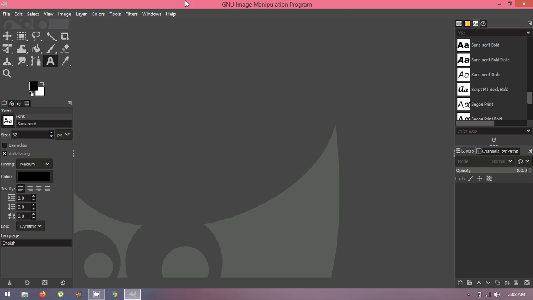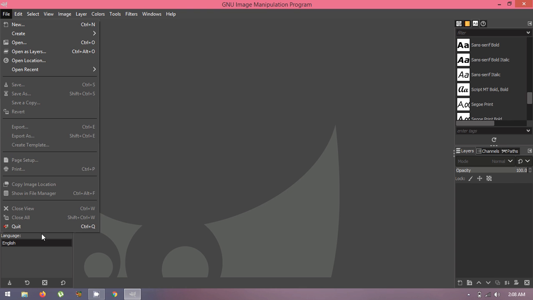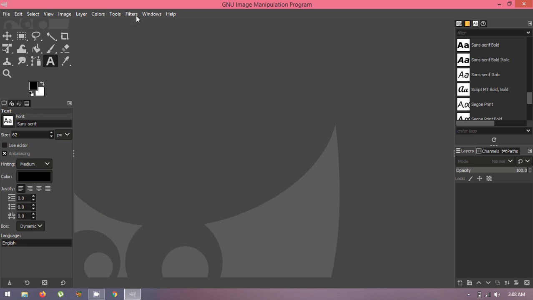First of all, this is your title bar, which contains three buttons for minimize, maximize and close. The next one is your menu bar, which contains different options, like we have the file menu containing different options, and other menus are there. And these all are the different tools. We can call it a toolbox, which is used for performing different tasks. These are your different tool options.